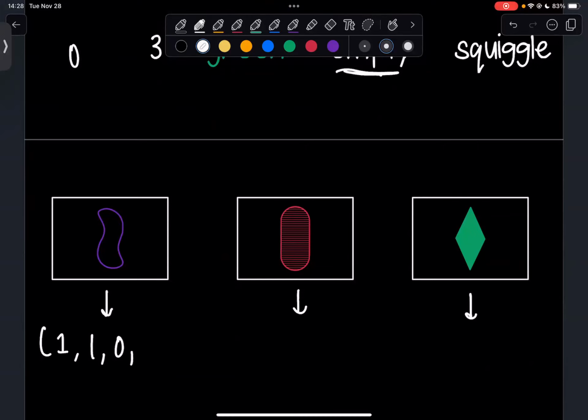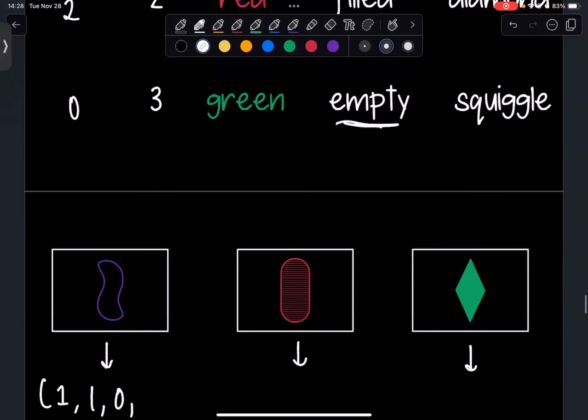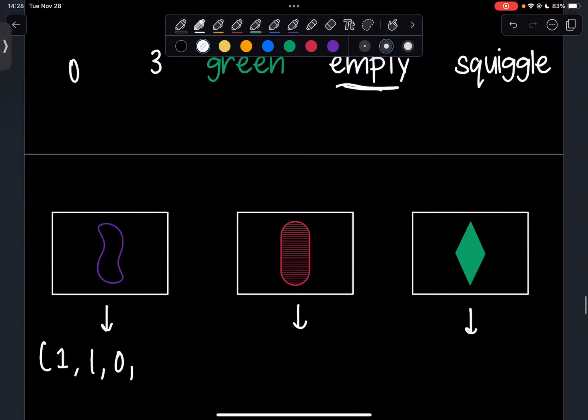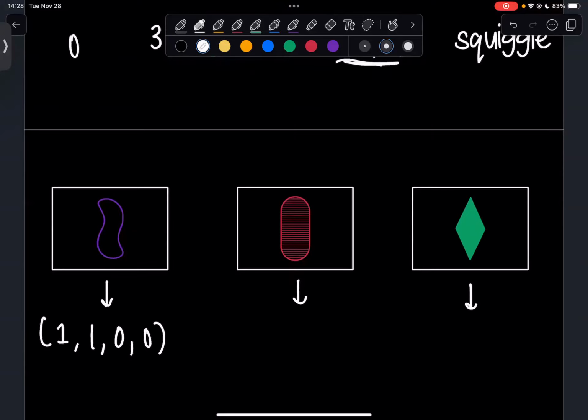And then the last thing is the shape, which is squiggle, which is also a value of 0 that we determined or that we set at the beginning. You can set these to be anything that you want, and it should still work in a similar fashion here. And just so that we don't have to go back and forth, I can tell you what the second one is. It'll be 1, 2, 1, 1. And then this last one is 1, 0, 2, 2.